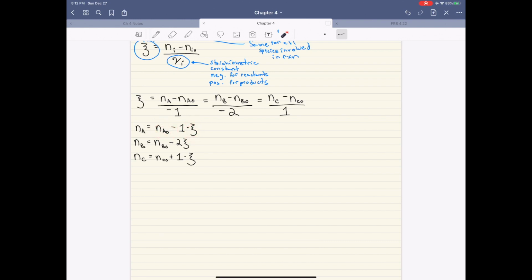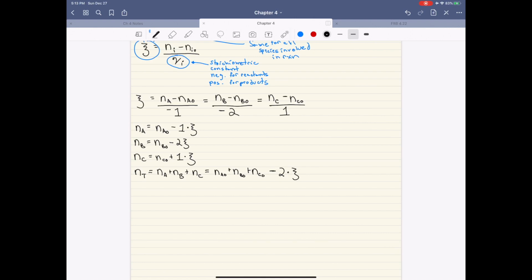One other thing I could do is add all these things up. Add the moles of each species up, and that will give me the total number of moles. So NT is the total number of moles in the system, and that's just equal to Na plus Nb plus Nc. And if I add all these up together, I get this equation. So Na naught plus Nb naught plus Nc naught. And then if we add up all the extent of reaction terms, I'm left with minus 2